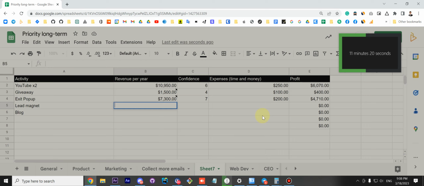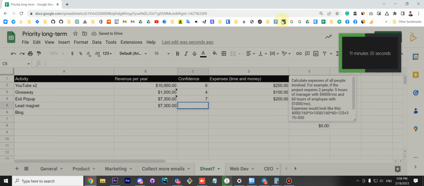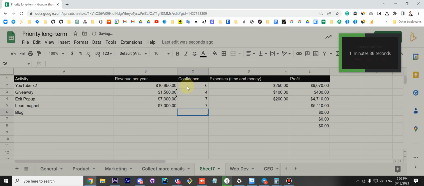I would expect you could probably get the same as the exit pop-up, just to show you the difference in labor. Confidence, I'm also confident that it will work, but in expenses you might spend more than $200 just creating something that people need. Let's say you spend 1,000,